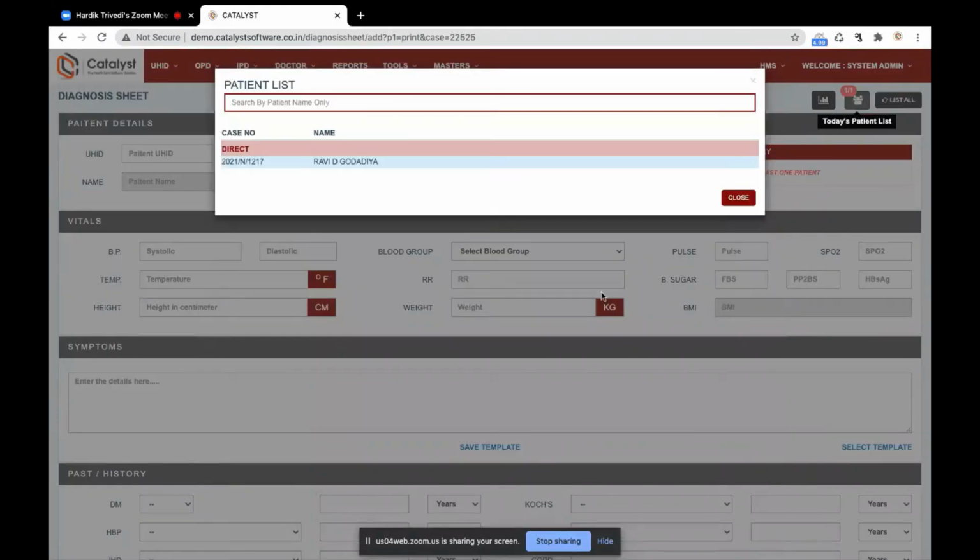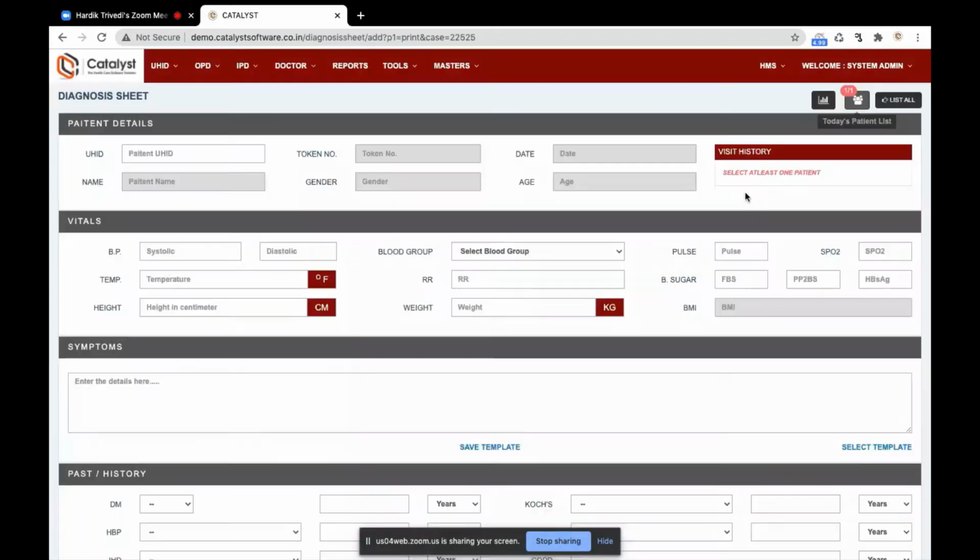Sorry, I didn't get you. What did you say, sir? I mean, you have an option to print if you need, right? Yeah, we have the option to print. Print option is there everywhere, sir. You can print anything you want to print. Do you want to see it again? No, it's okay. You can go forward.